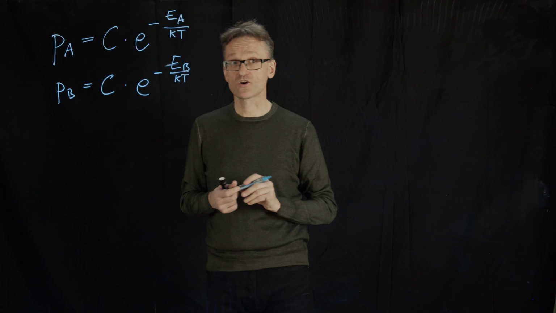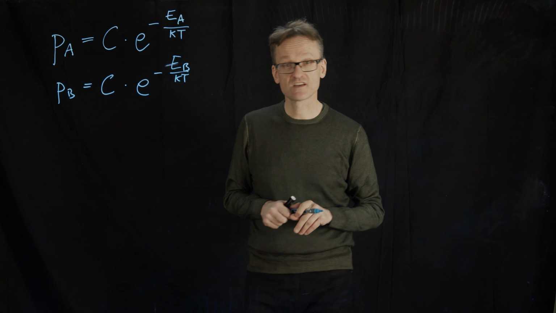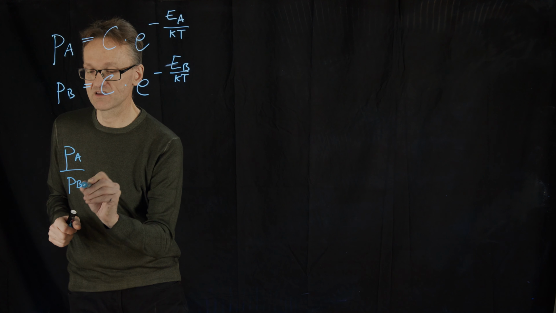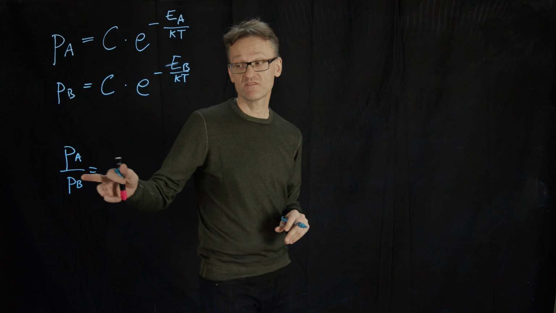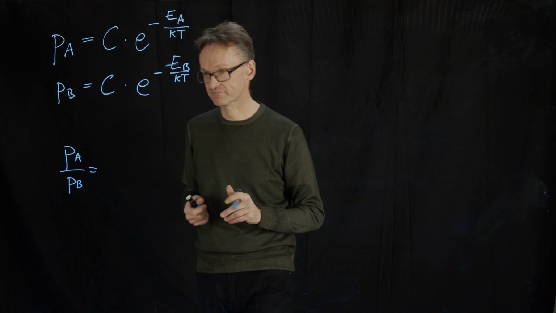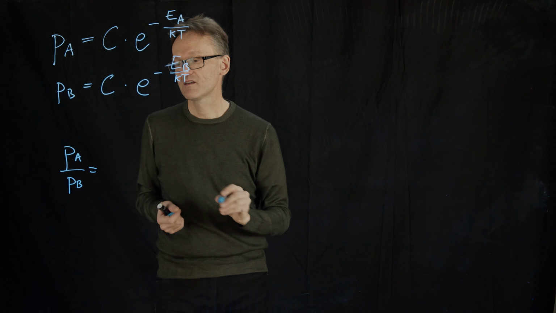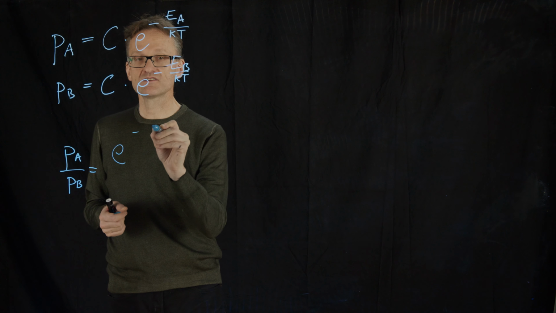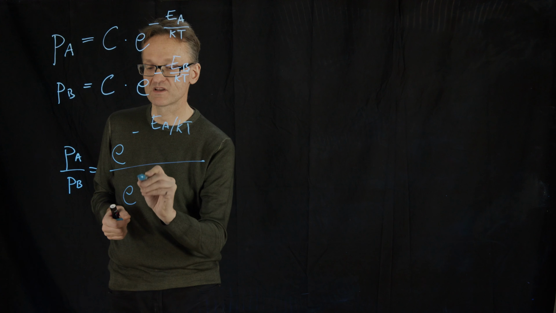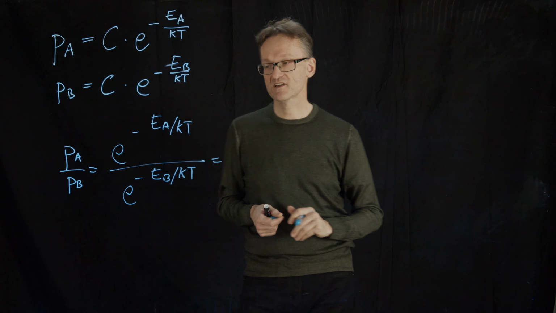Now, we don't know what those constants are, but a cool thing here now: what if I simply take the quotient of this? So what is the probability of being in state A relative to being in state B? If that quotient is larger than 1, it's going to be more likely to be in A, and otherwise it's going to be more likely to be in B. If I now divide these expressions, those two C's will disappear. So that will be e raised to minus E_A divided by kT, divided by the exponential of minus E_B divided by kT. Yeah, that doesn't exactly look simpler.